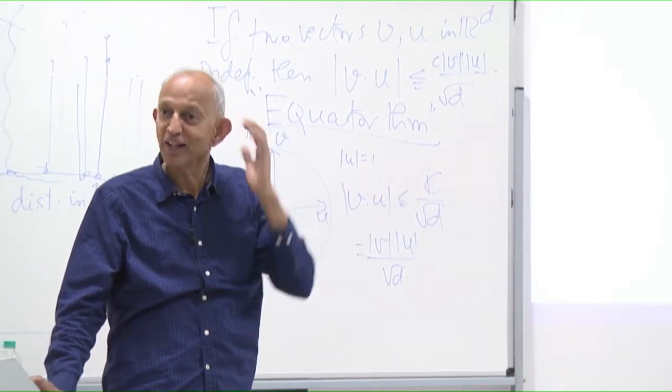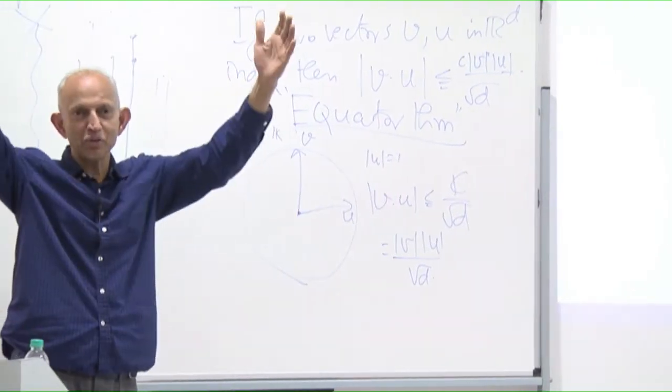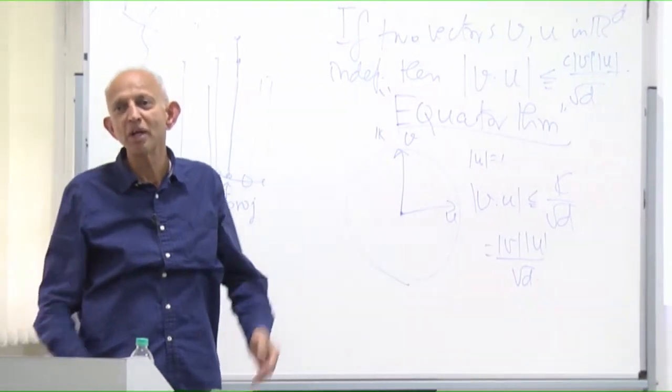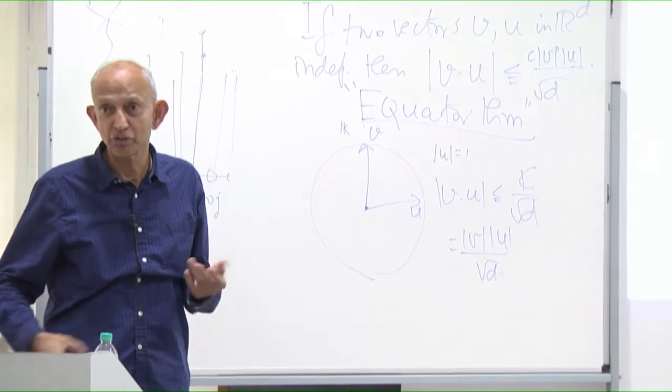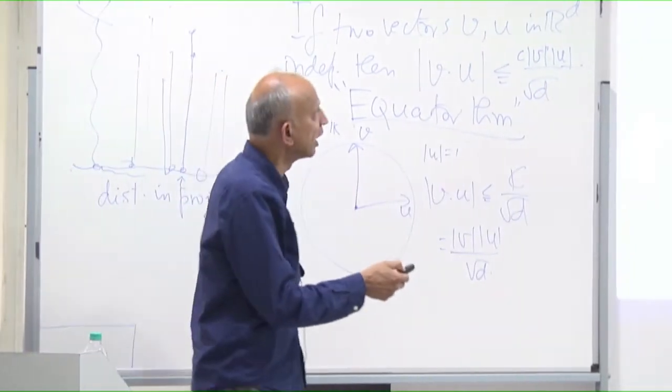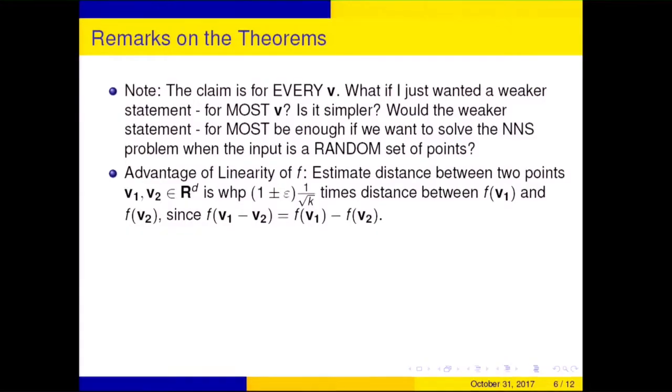Take the first component, right? If the vector was random, all components are roughly the same, so the first component should be 1 over root d. So that's not interesting, right? But that's also not useful. Okay, good. The advantage of linearity of f is the estimate distance between 2 points